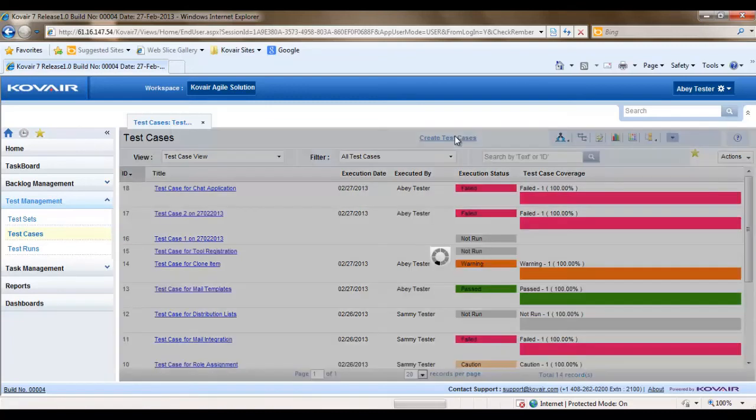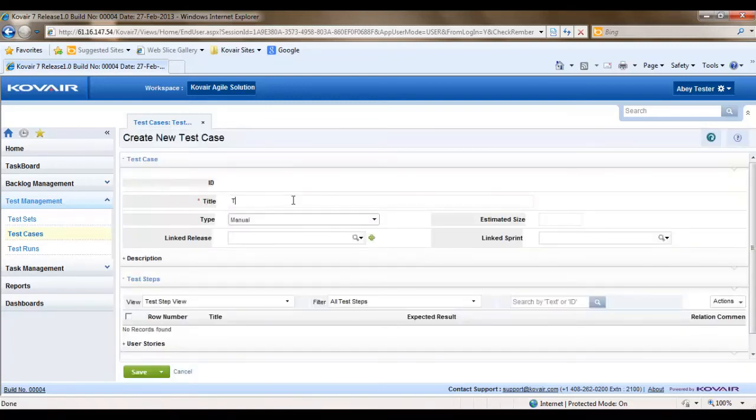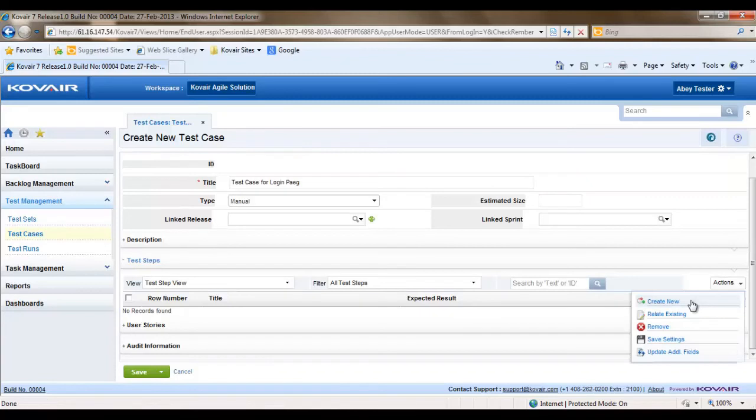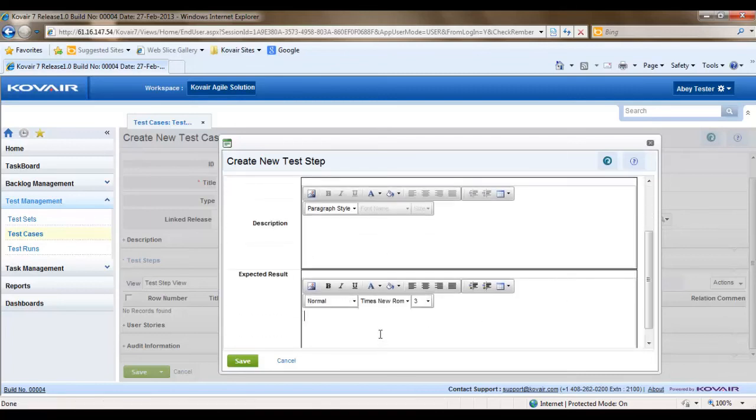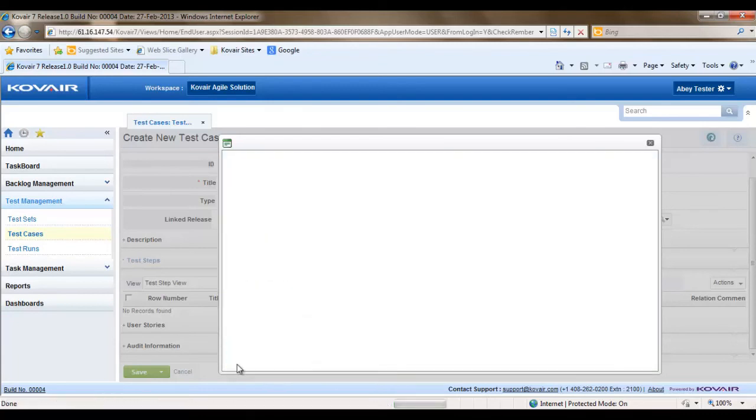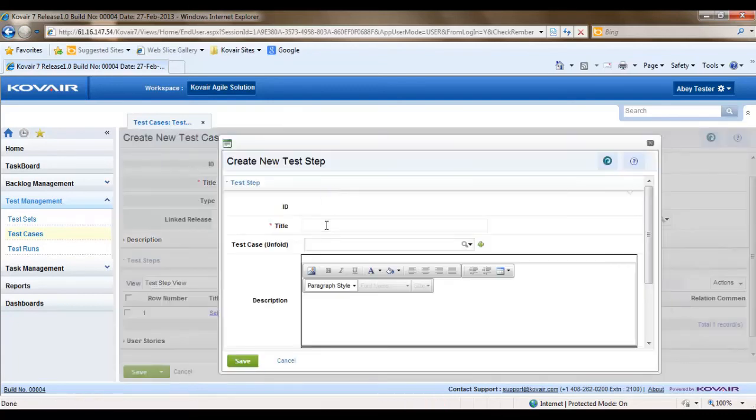So we'll quickly create a new test case. We'll enter the title for the test case, like test case for login page. Now we'll create 2 test steps for this particular test case. So let's create a step called selecting the checkbox. We can add an expected result and save it, and again add another step like unchecking the checkbox